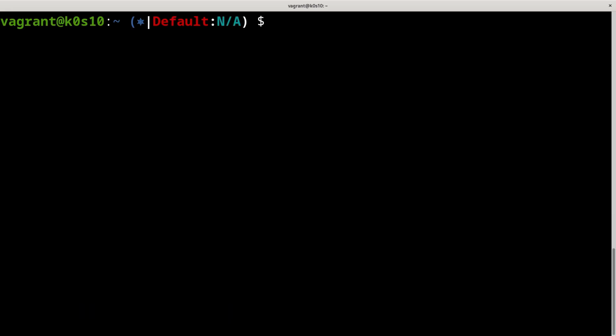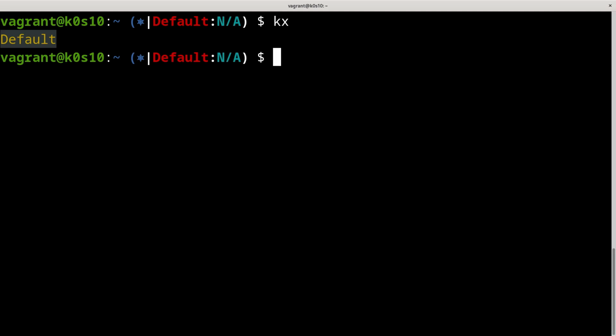So okay, and I can check kx, to check the context. So this is for our cluster with our dedicated user. We already saw how it works for the context. And we are in our default cluster, and after that we can check in which namespace we are.